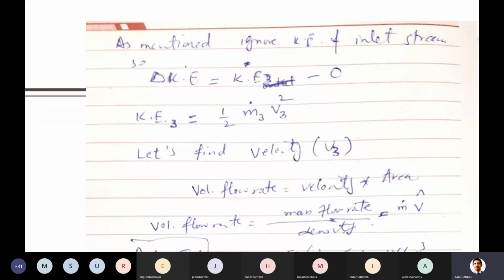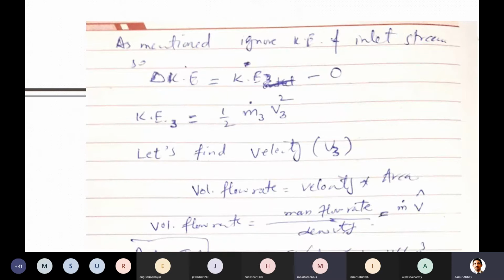I'm looking for some easy equation. Otherwise, there will be many ways to do those things. Yes, you are right. So this is volumetric flow rate, a modified form of somehow the same equation which you are talking about. So that's velocity times the area. So here I can find velocity if I have volumetric flow rate. Now the problem is, do I have volumetric flow rate here?